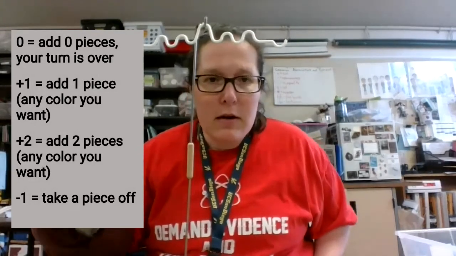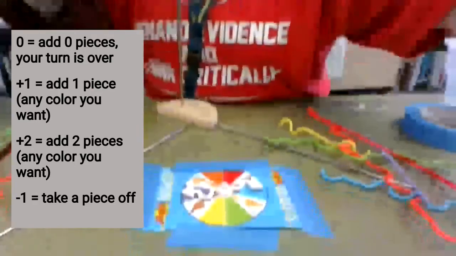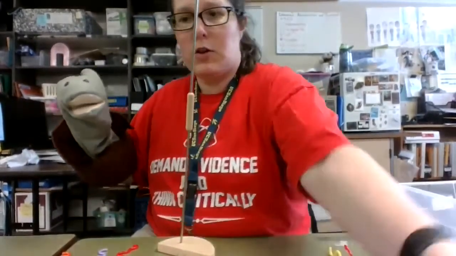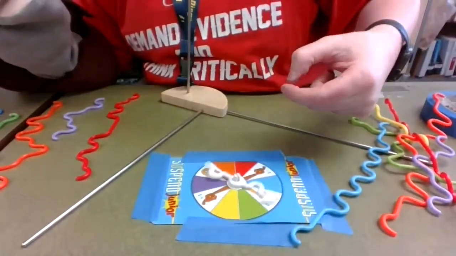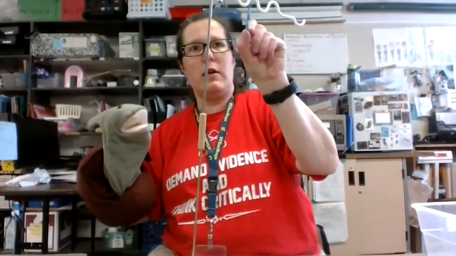Okay, so I'm here playing with Sheldon Snail, and we are going to show you a sample game. I just taped it down so I wouldn't have to use 2 hands. I have 1 of each color piece, and Sheldon has 1 of each color piece, and now we're going to play. So I'll spin. It lands on blue, so then I have to, with only 1 hand, put a blue piece